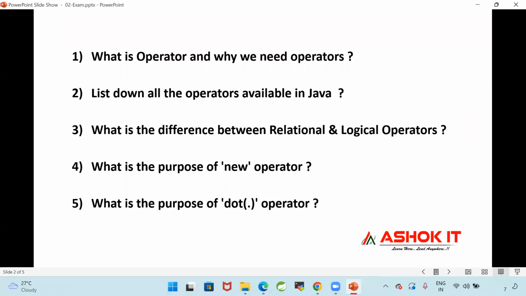The people who are attending for first time, just note down the questions.